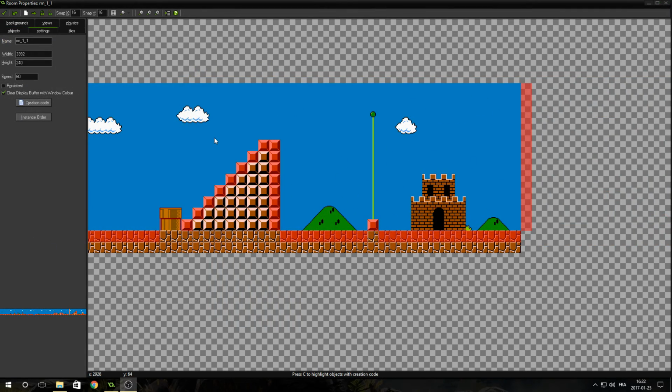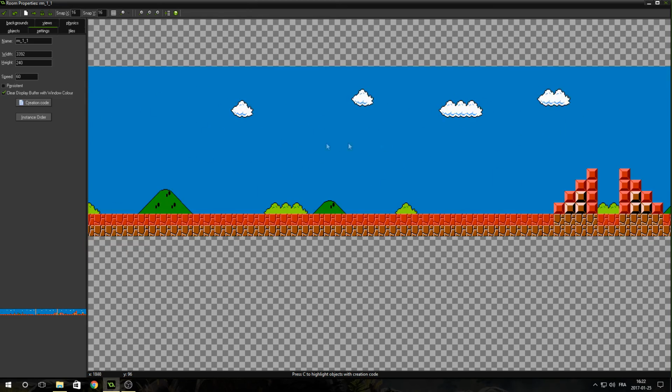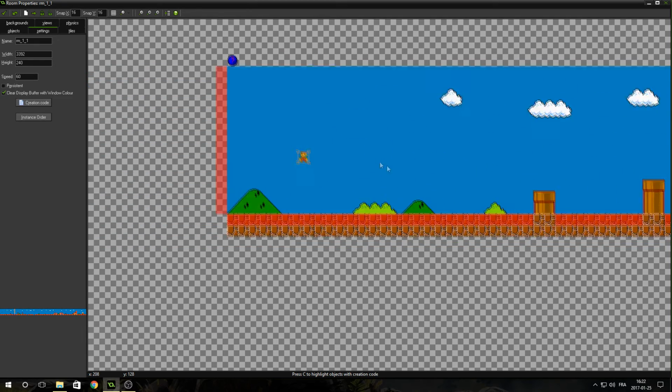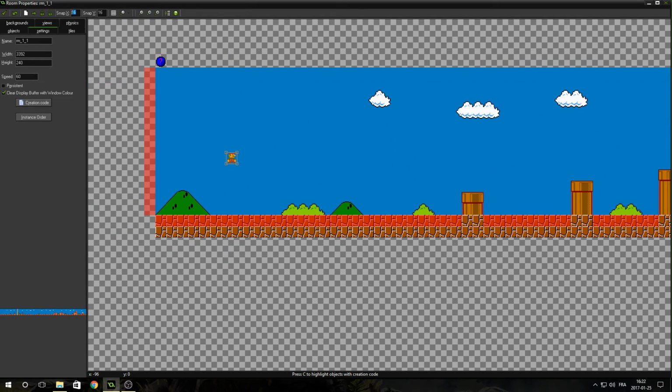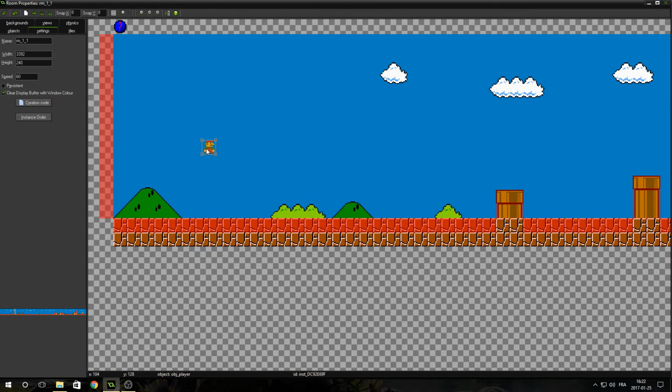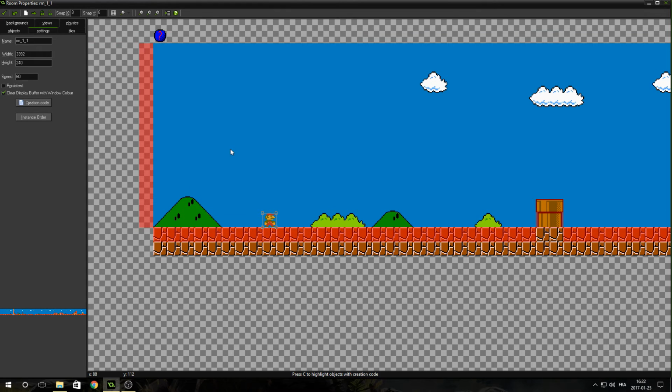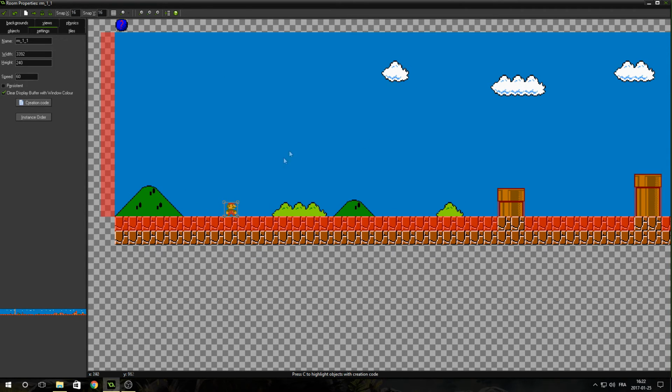Alright, now that all the wall objects have been placed, we can go back to the starting point and actually let's snap the grid to 8 pixels. And we want to move Mario to his starting point. So say he starts about at that position right there. Now, we could compile the game now and try it out, but there's going to be a slight problem, and